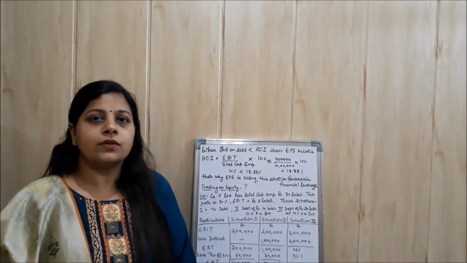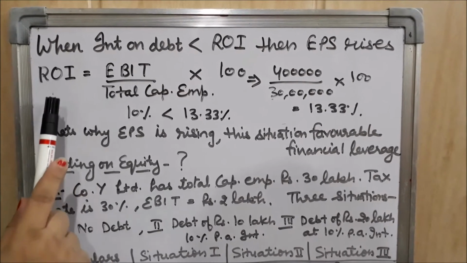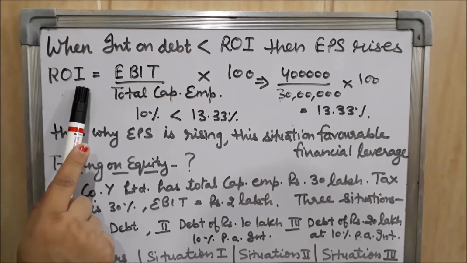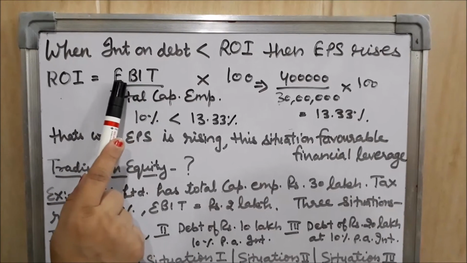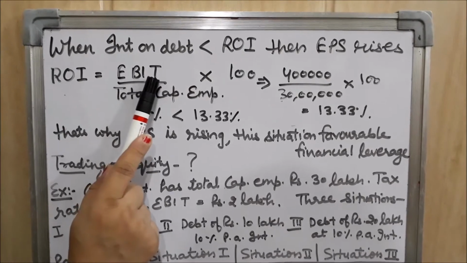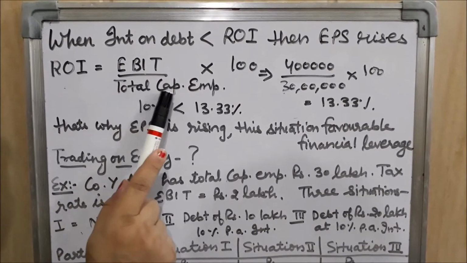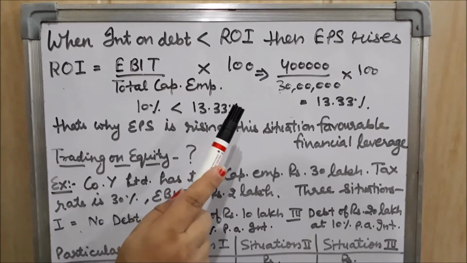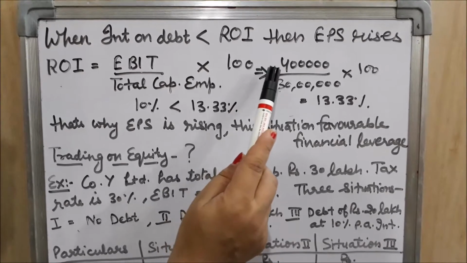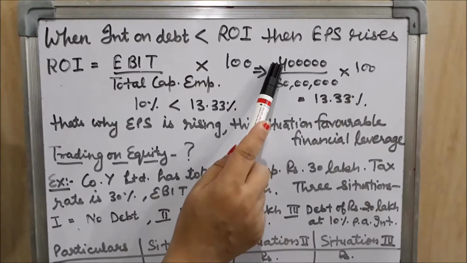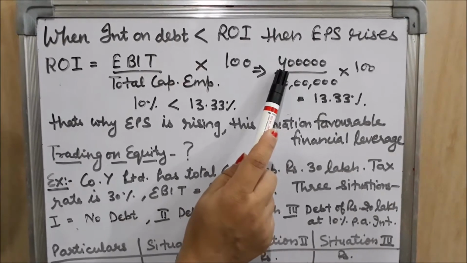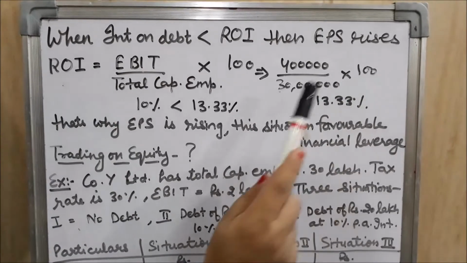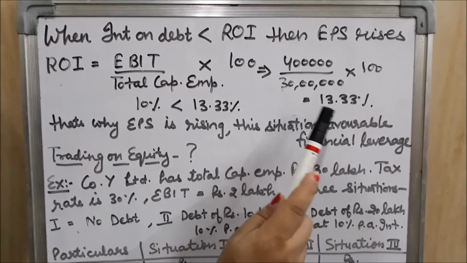Be focused on the board. So students, now I am going to calculate ROI, return on investment. The formula is EBIT, earning before interest and tax, upon total capital employed into 100. In yesterday's situation, we had EBIT of rupees 4 lakh. I have taken the same 4 lakh divided by total capital employed, which was 30 lakh, into 100. So I calculated return on investment at the rate of